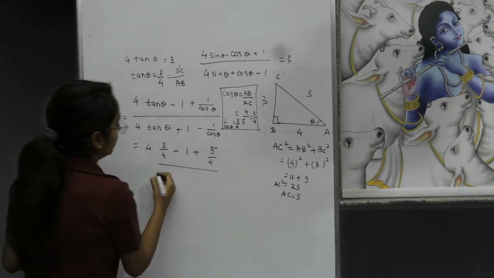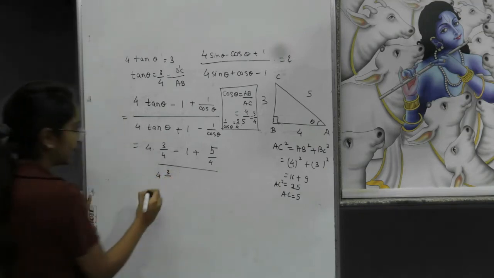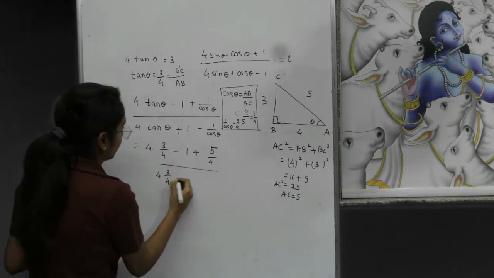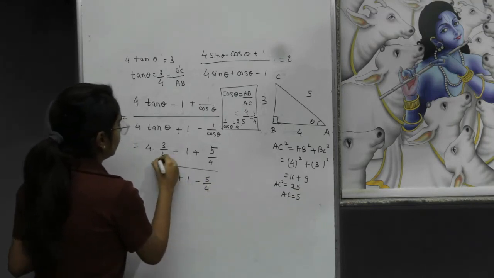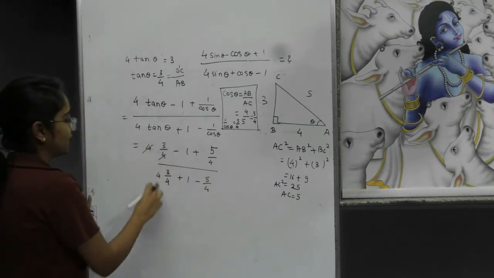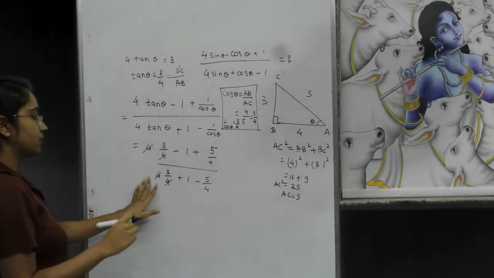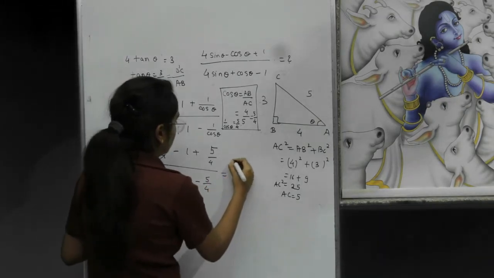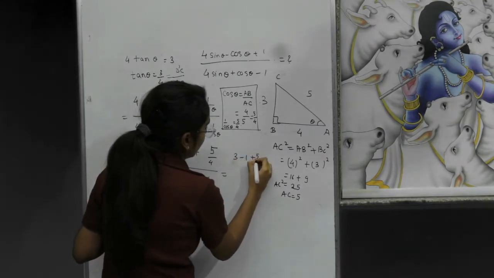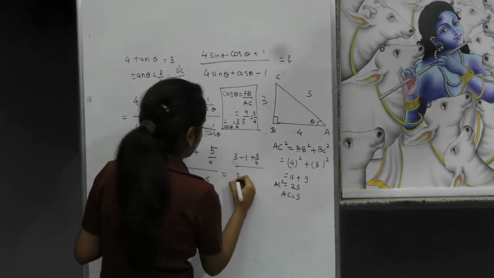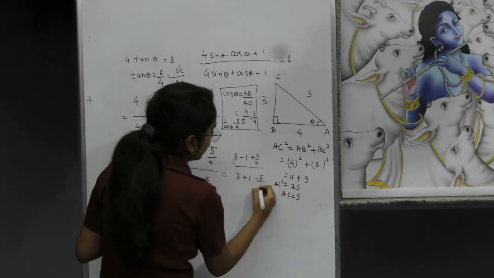And in the denominator also we will substitute the values. 4 tan theta is 3 upon 4 and 1 upon cos theta is 5 upon 4. Now we will solve it as 4 will get cancelled here. In the denominator also 4 will get cancelled. Further, we will get 3 minus 1 plus 5 upon 4 and 3 plus 1 minus 5 upon 4,